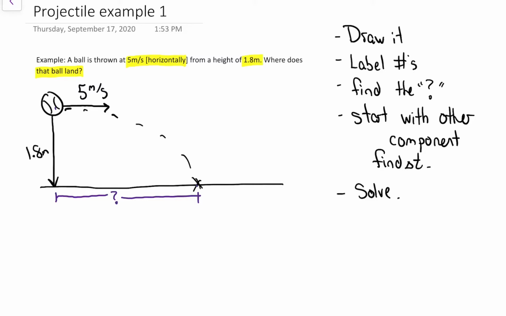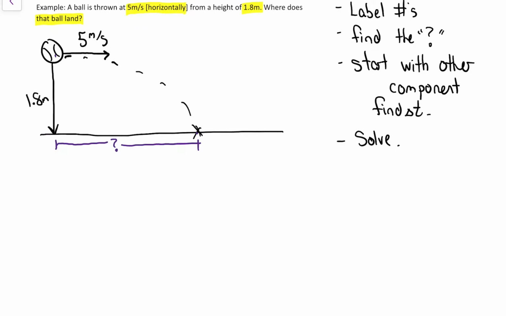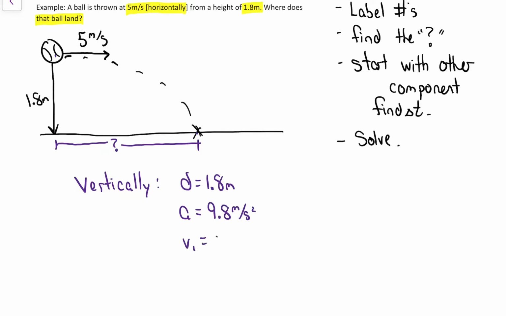So because I don't know how far forward, I'm going to start with the vertical. There's enough in the vertical that I can figure some stuff out. I'll squish it in down here. In the vertical, I know that it falls 1.8 meters. I know that gravity pulls it down at a rate of 9.8 meters per second squared. The other thing I know is the V1. And this is where the perspective comes into play. If we had a camera way over here, maybe this is supposed to be like a sideways eyeball,